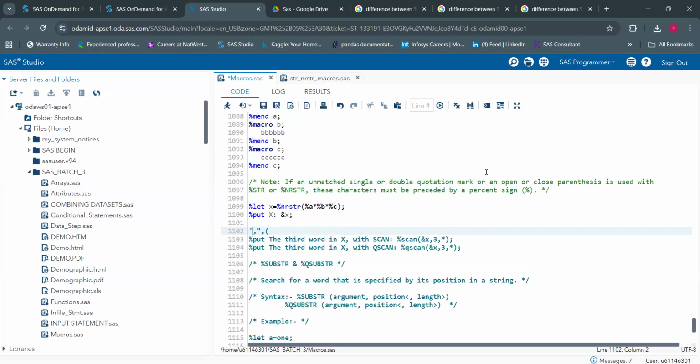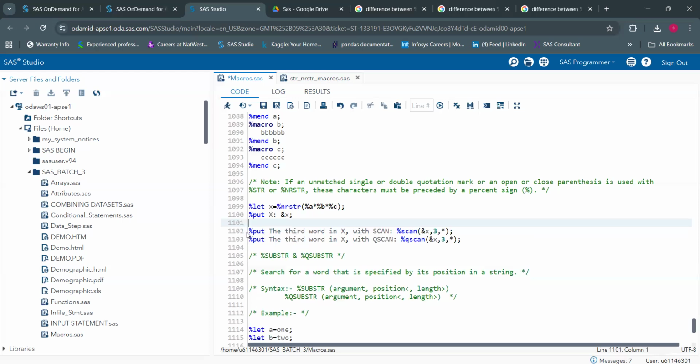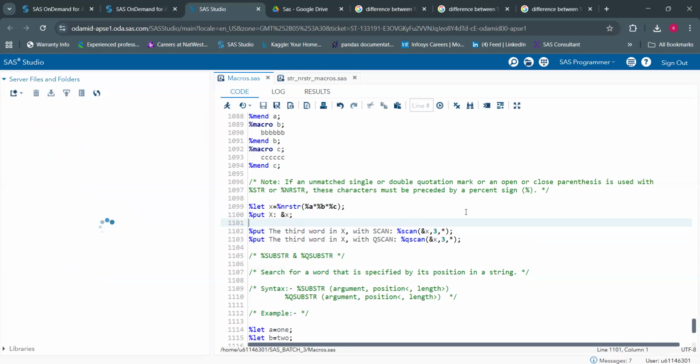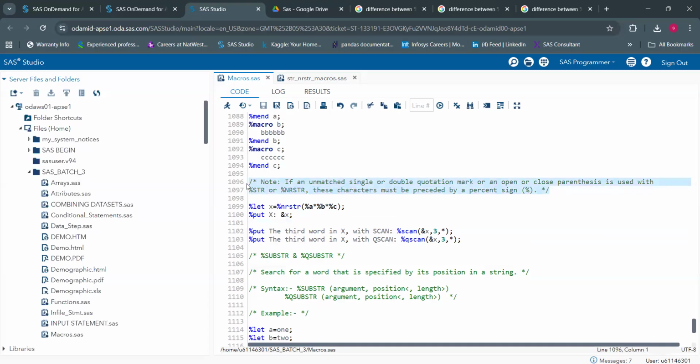mark. Or an open or closed parenthesis is used with %str and %nrstr. These characters must be preceded by a percent sign. Okay, they must be preceded by a percent sign. Got it, ma'am? This is one of the cases to be used in %str and %nrstr. Okay,